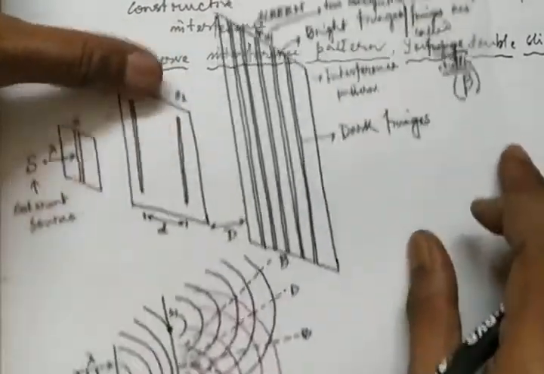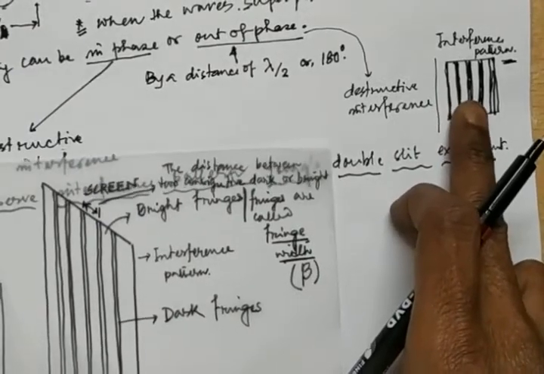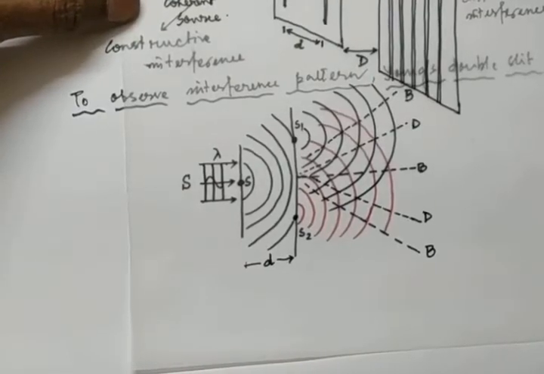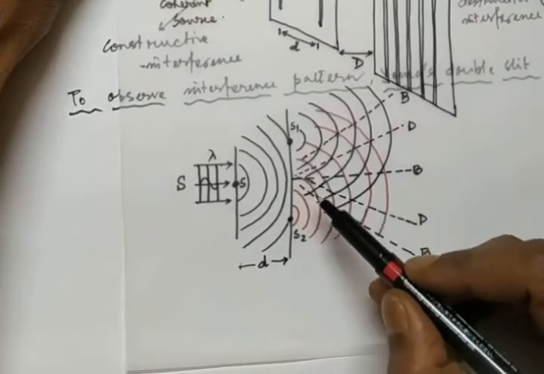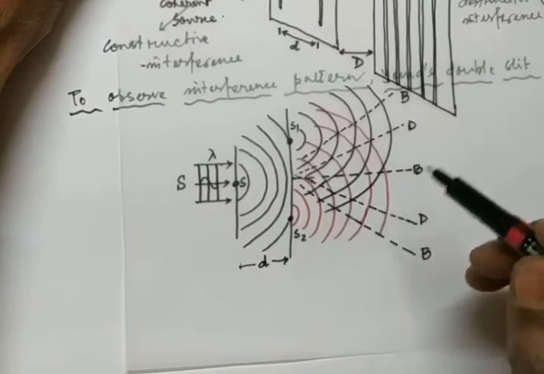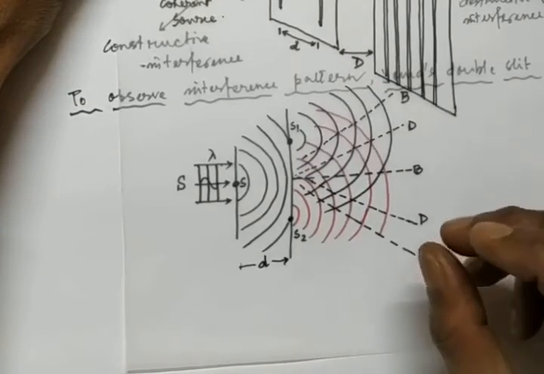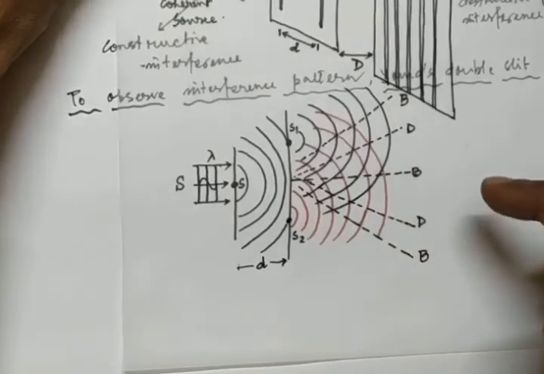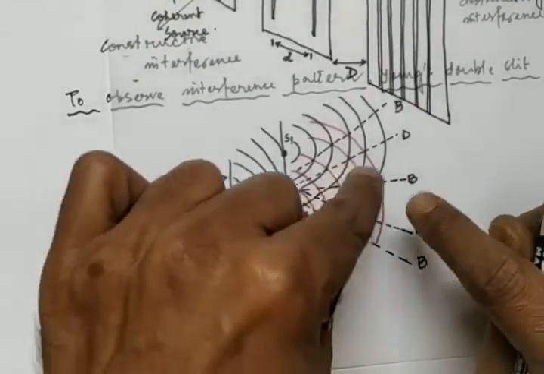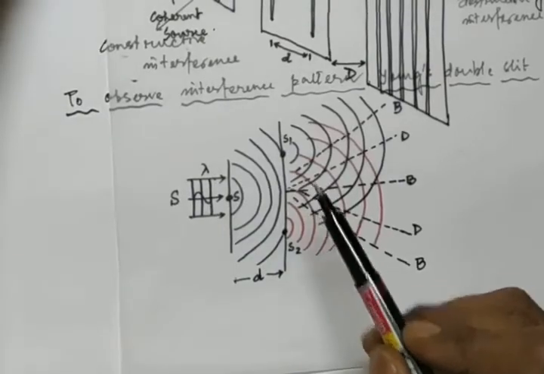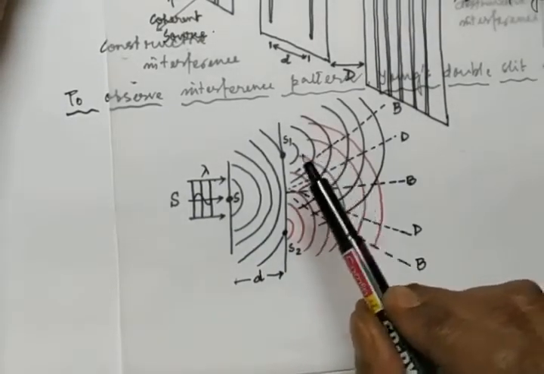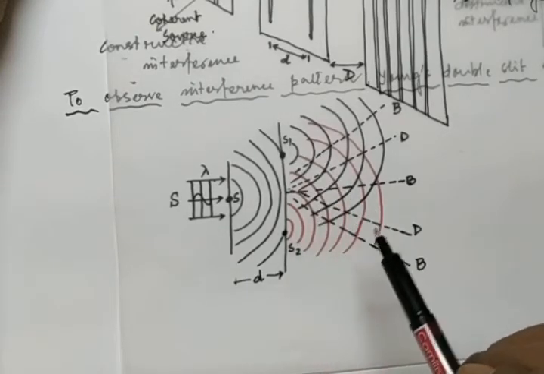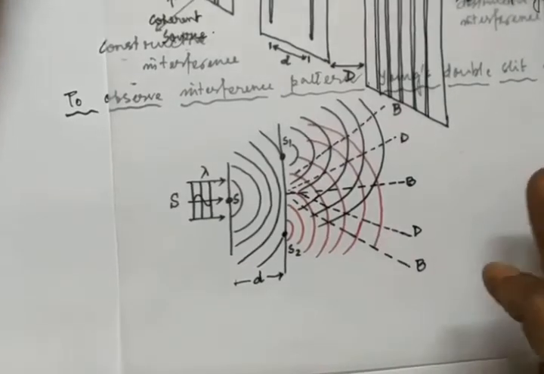So mainly, how can something like this be formed on the screen? How can they be formed? These are the stories, these are the explanations. So after this, see here, these two waves will interfere with each other. That means exactly how waves are generated if two disturbances are created in water or anywhere. Okay, make disturbances at two places in water and you will see waves go and fall on each other. So this is the same situation where those two spherical waves produced from S1 and S2 are superimposed on each other.